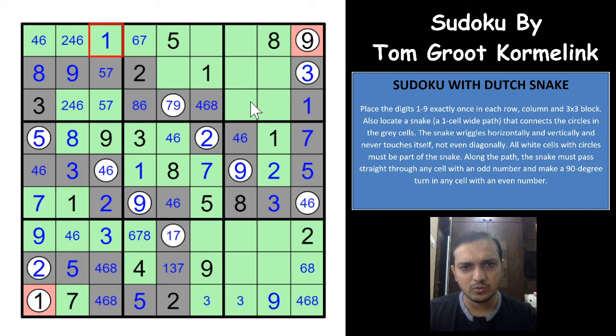So this would have to be a 1 here, and so 1 3 9 5 7 is here. One of the 5 7s would have to be... Okay, this would have to be an odd digit, right? So 1 5 9, this would have to be 3 and 7. So you have a 3 1 7 triplet here, which means this would have to be a 9 now, right? And either way it would have to be a 9 only. There is no other place for the 9 to go.